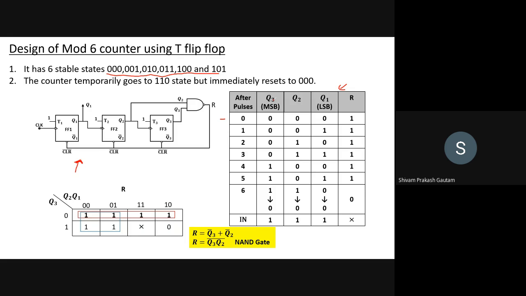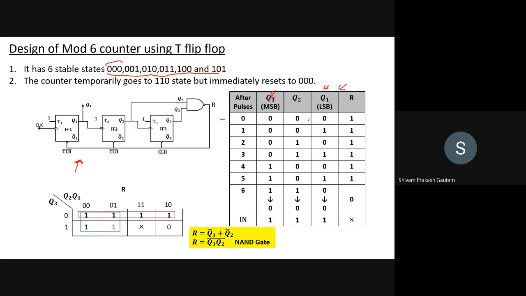You can assume it to be Q3 because there are 3 binary digits, and one flip-flop can store only 1 digit, as we have seen. So one flip-flop has 1 state, or it can have a memory of 1 binary state. Since we have 3 digits, we will need 3 flip-flops, right? So this is clear. Now you can assume Q3 to be the MSB, Q1 to be the LSB, right?